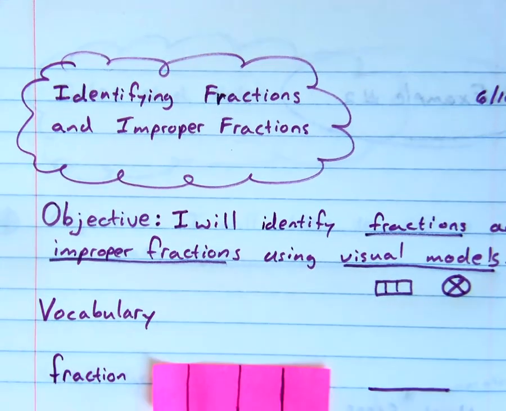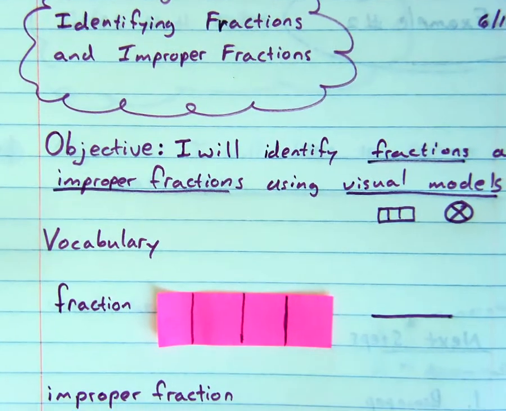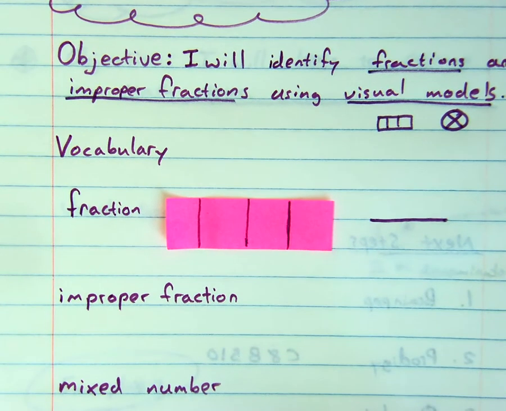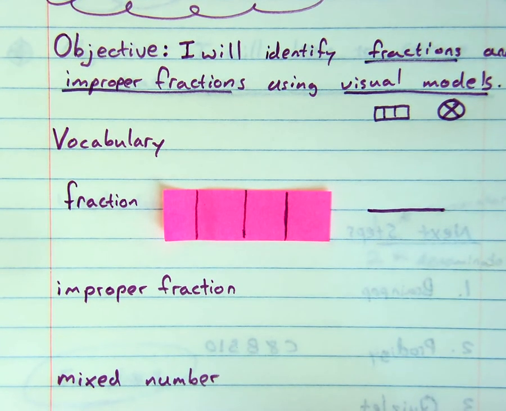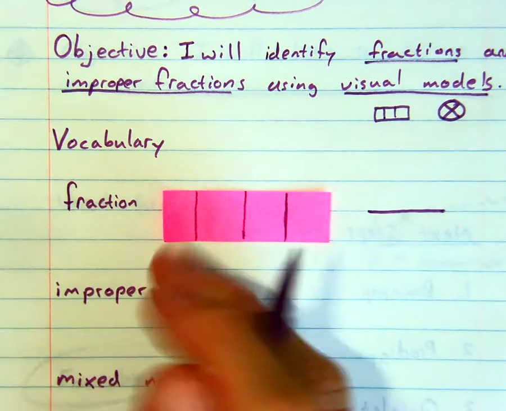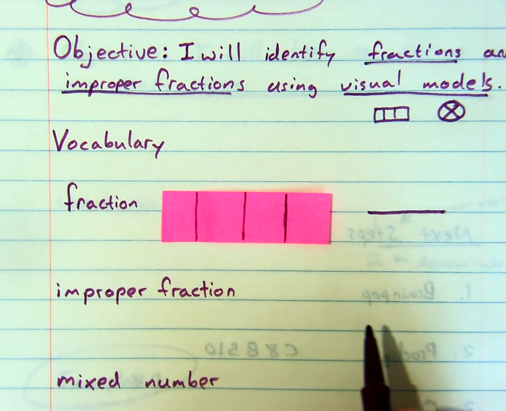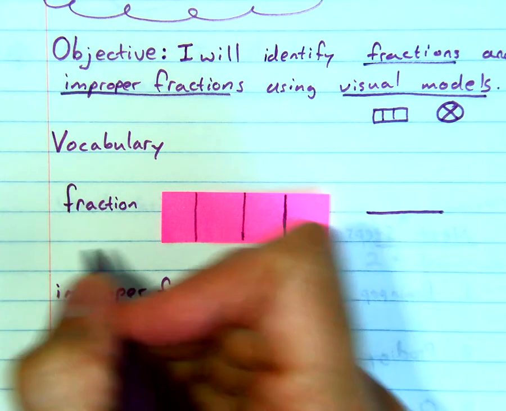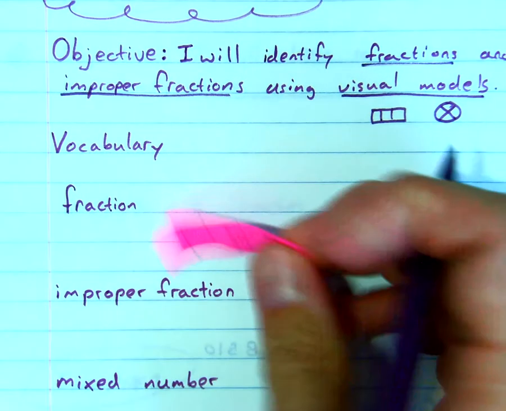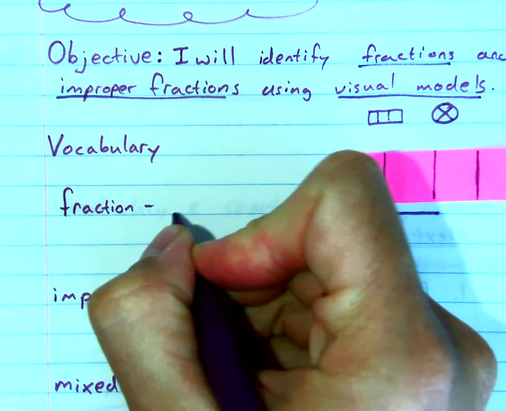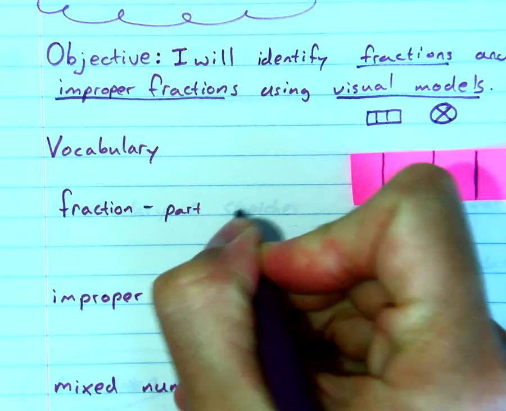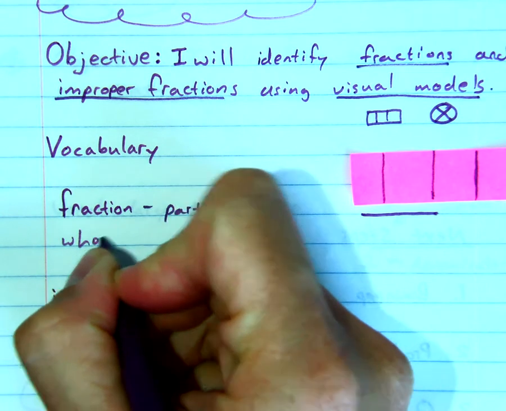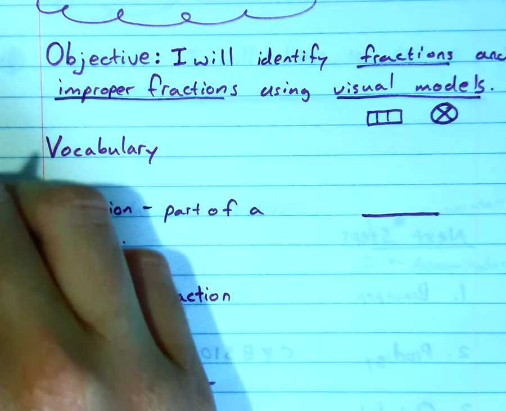All right, let's take a look at our vocabulary. And again, the vocabulary is coming right out of that objective. We have three vocabulary terms. We have fraction, improper fraction, and mixed number. Let's begin with the basic form, fraction. A fraction is part of a whole. So if we're talking about a part of a whole,